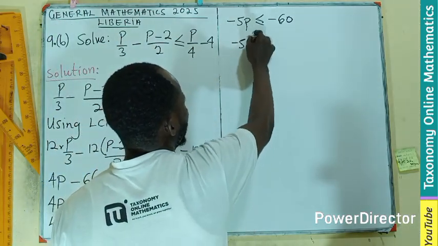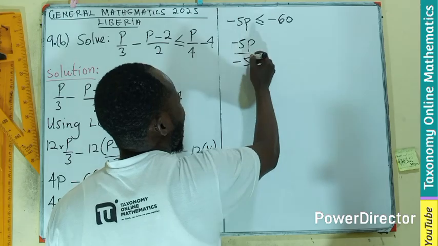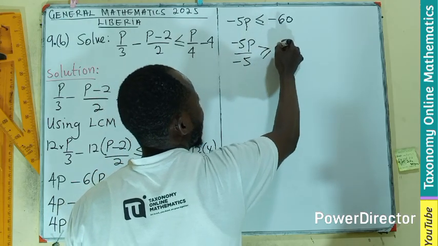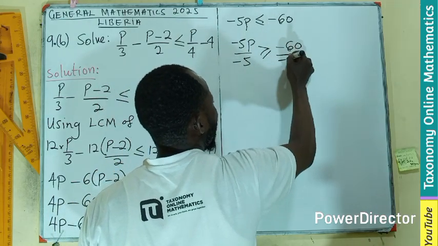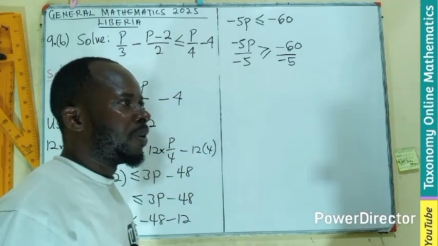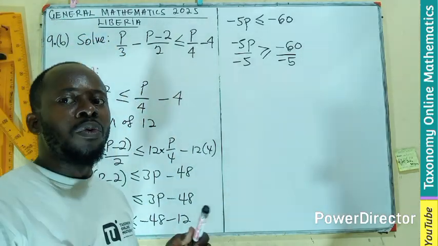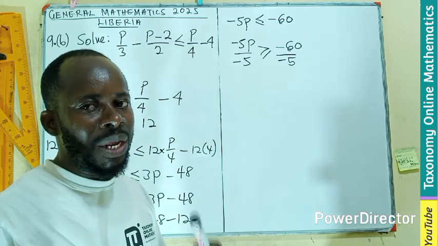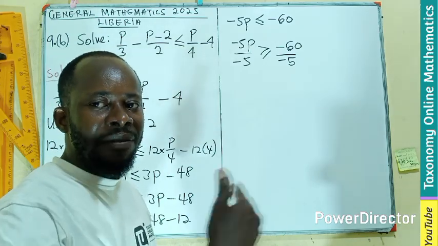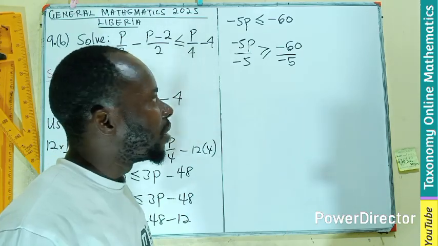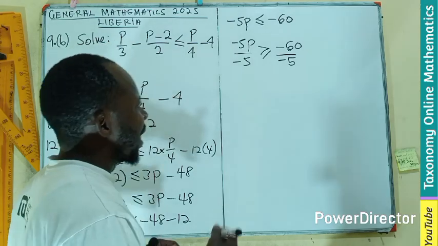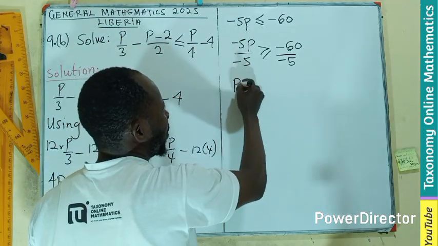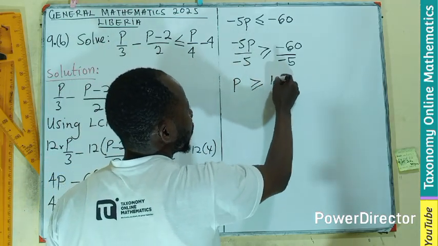So negative 5p divided by negative 5, the sign changes because we are dividing by a negative value. If you want to understand why we always change that sign, visit the playlist Linear Equations and Inequality on YouTube. I've explained the reason why that happens. Then if we cancel, p will become greater than or equal to